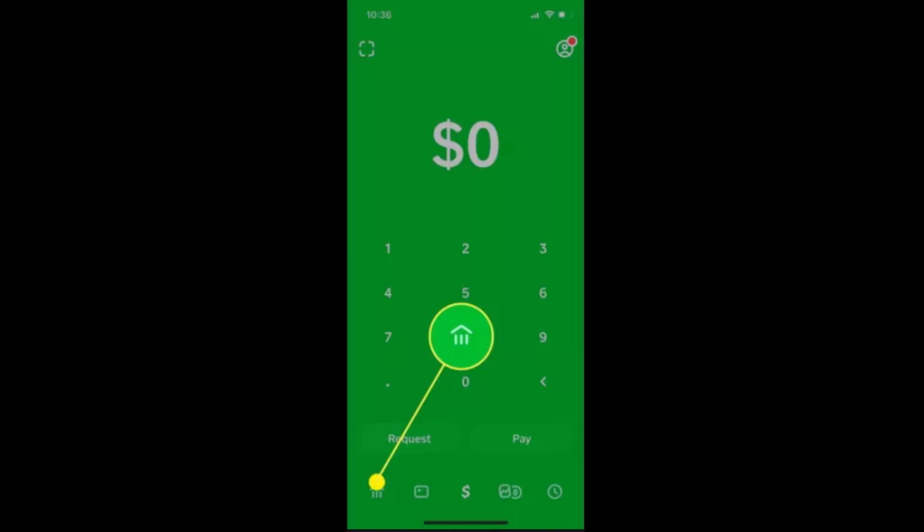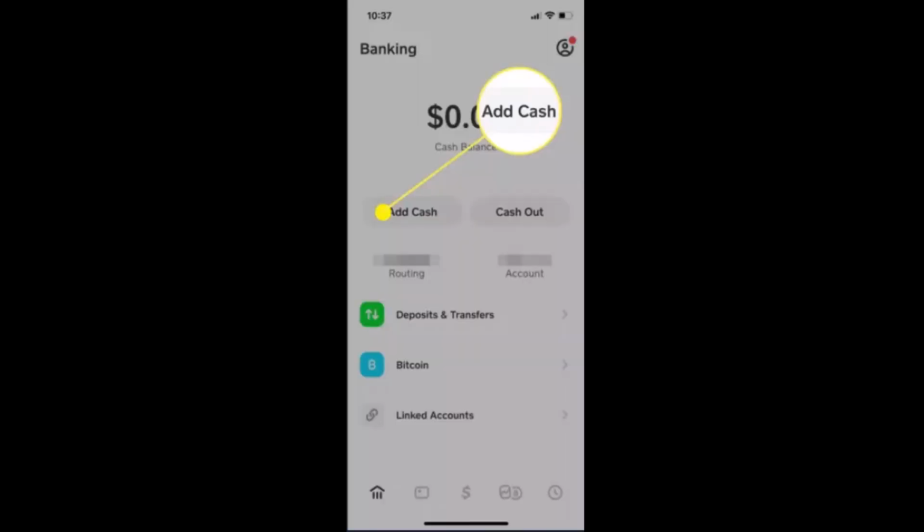In order to link a bank account to your Cash App account, you'll need to log in to your account first of all. After that, click on the building icon located right at the bottom. This is going to take you to the banking page where you need to click on link bank, which is